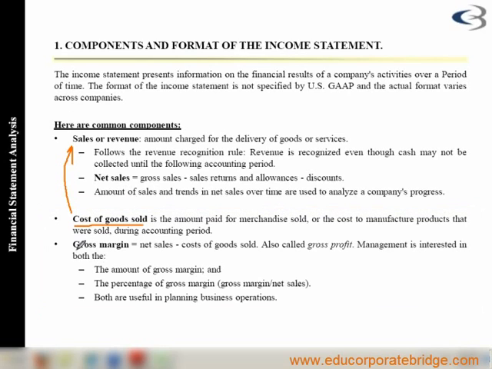So the difference between sales and cost of goods sold is my gross margin. It's known as gross profit as well. It's always helpful for a business if the gross margin increases. That happens in two ways. You can increase your sales, you can increase your revenue, or you can decrease your cost of goods sold. So both things are equally important: constant growth of your sales or revenue number, and consistency or decrease in your cost of goods sold.